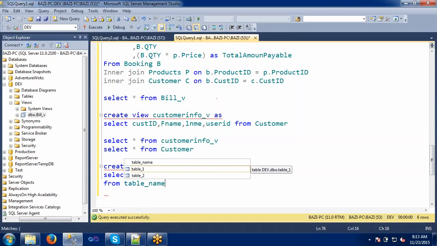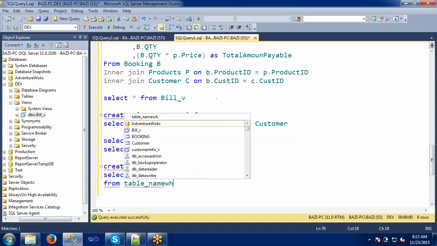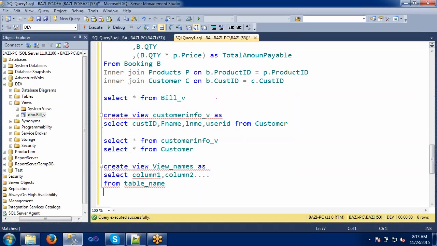This is the basic syntax. If you want, we can apply some where condition, which is optional, depending on our requirement.